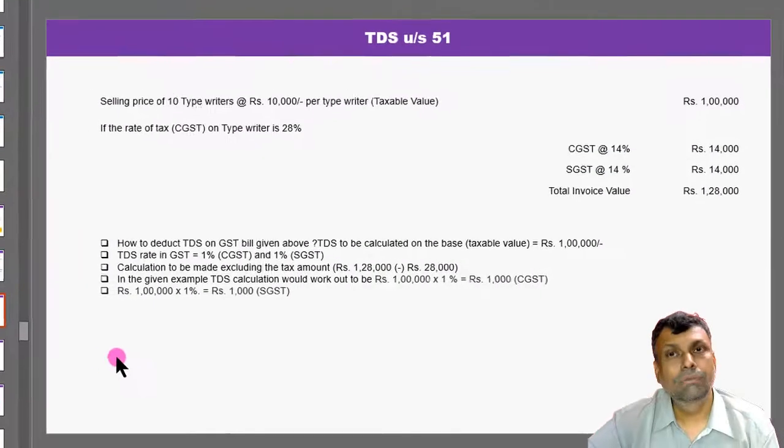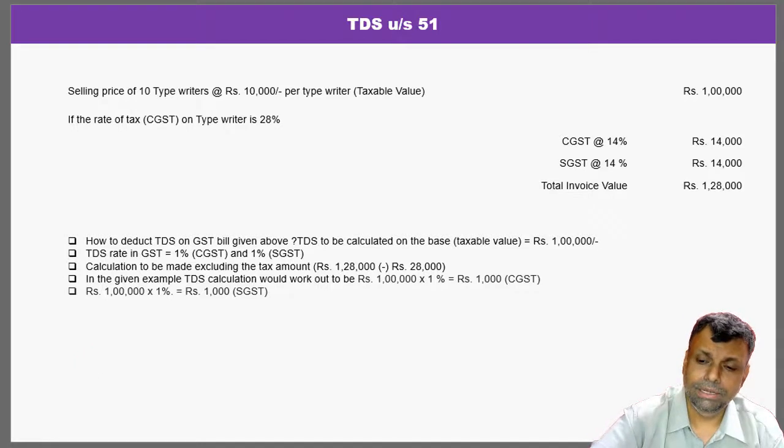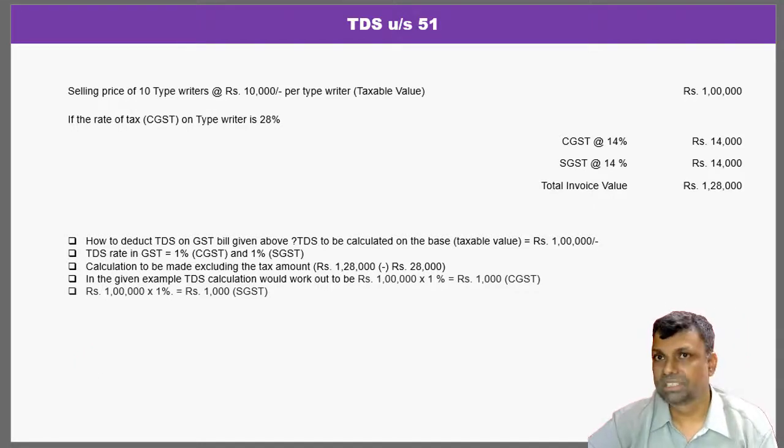Now friends, let me give you one example with respect to the TDS. In fact, it's a very simple calculation, but no big deal. But let me just do that. Now section 51, where the TDS rate as specified is 1% plus 1%. But as I've always told you, this percentage of TDS is exclusive of taxes. This is how generally it is to be understood.